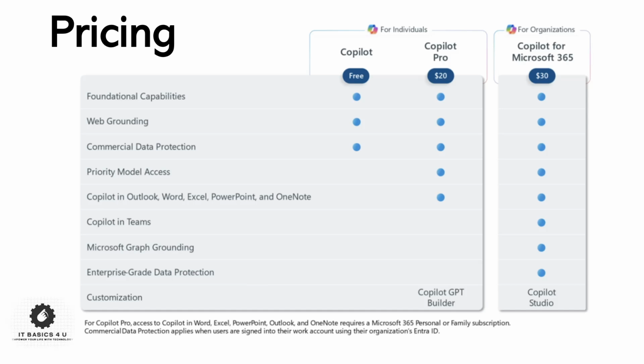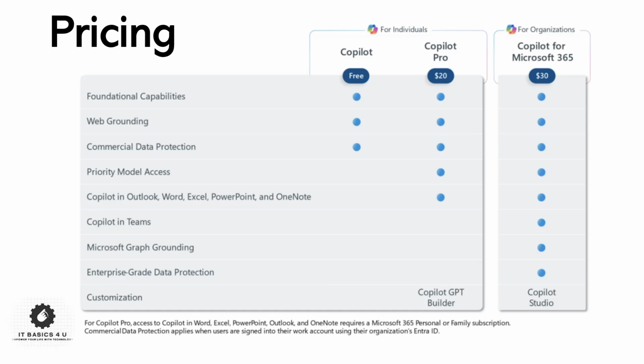It is available along with Microsoft 365 applications like Outlook, Word, Excel, PowerPoint, and OneNote. And then it gets priority access, priority processing using GPT-4 Turbo. One thing is that Copilot Pro is not available as of today with Microsoft Teams,